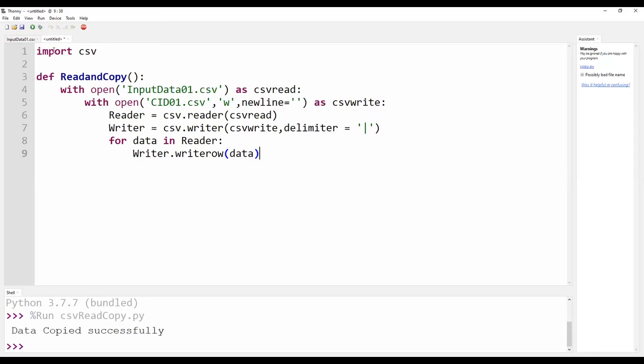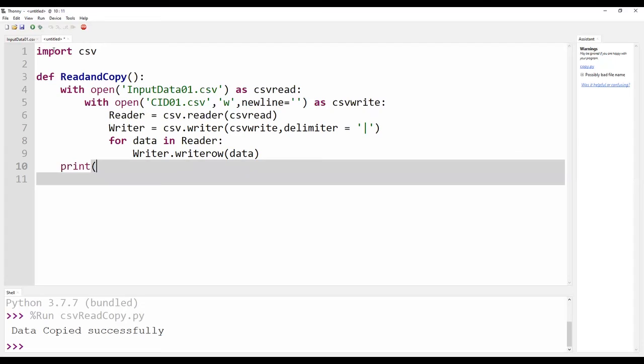We need not worry about closing the files. It will be taken care of by the with open statement itself. Once you open the file with open, it automatically closes when it comes out. Then I am printing a message, which is not necessary: copied successfully.